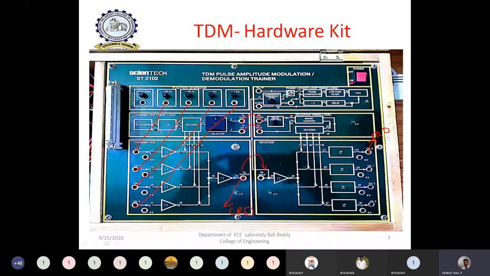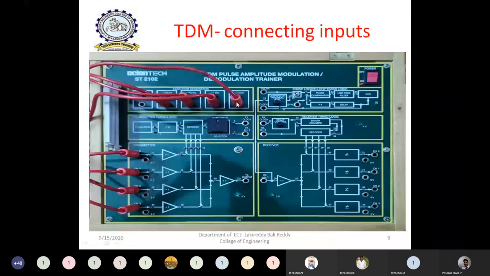Now we'll see the different connections as I explained, what the output waveforms will be, and what observations we need to make. Now observe. This is what I have explained. First of all, you should consider 4 input signals and select random amplitudes, one having a high amplitude, another a low amplitude. You can take these amplitudes in decreasing or increasing order, whatever it is. But all the amplitudes must be different, and all the frequencies must also be different. Already it is given. So connect all these inputs to these points.